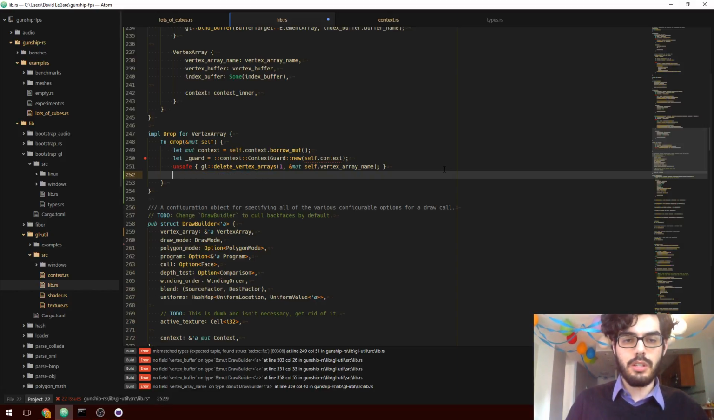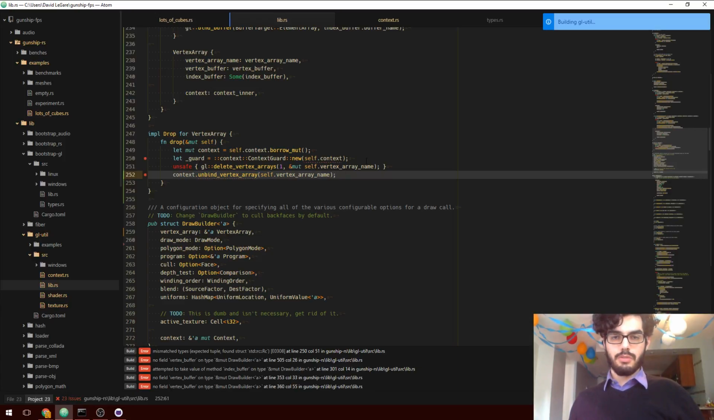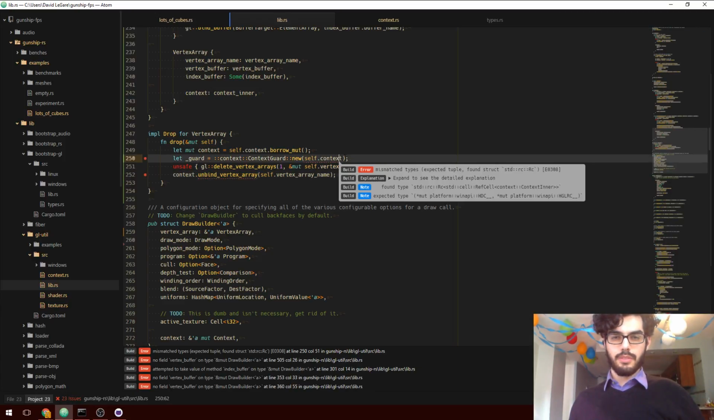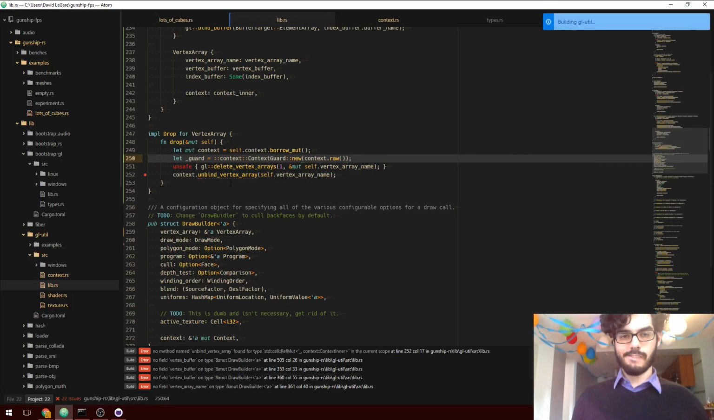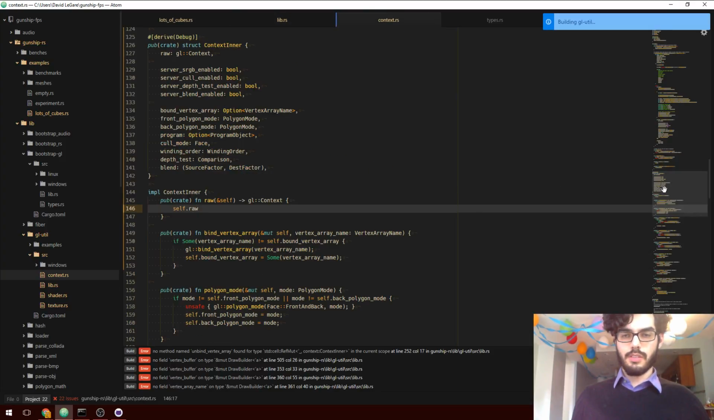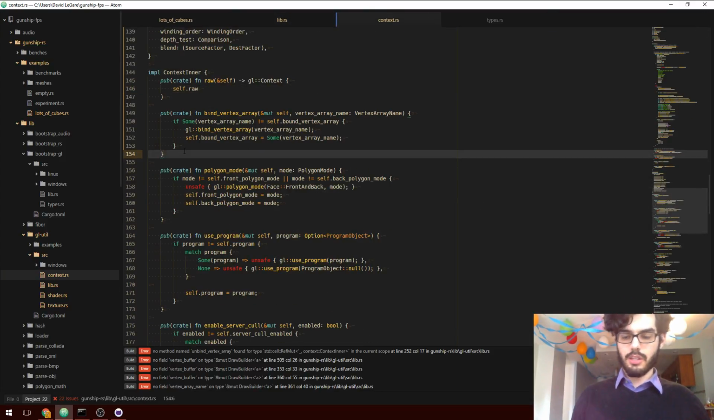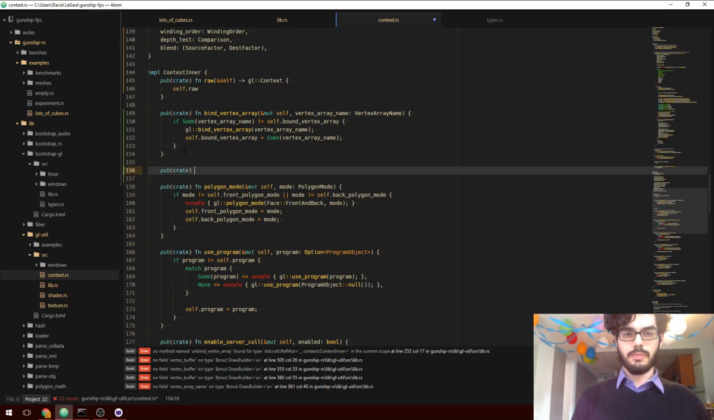Here we go. Context.unbind vertex array, and we want to do self.vertex_array_name. So that should be not a real function, right? Self.context.raw. And then, so we've got bind vertex array, and then we want another one that's function unbind vertex array, ref mut self, vertex array name,